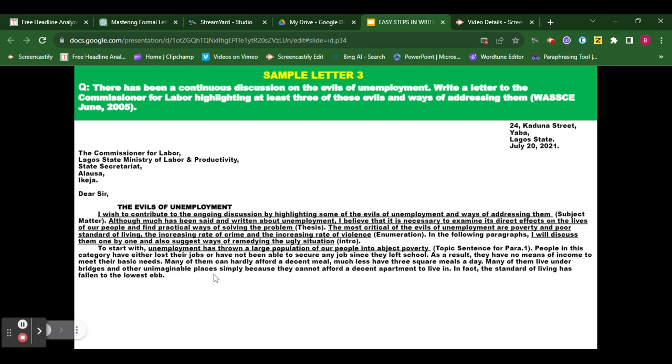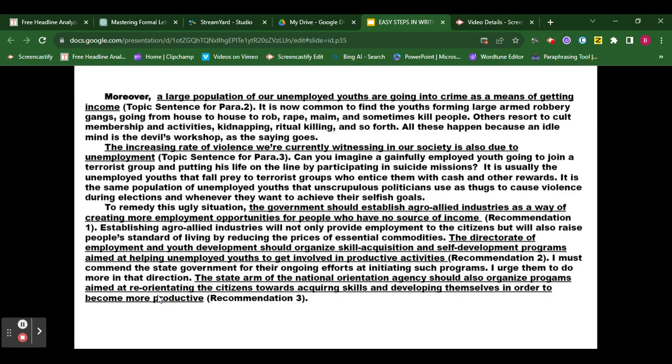Many of them can hardly afford a decent meal, much less have 3 square meals a day. Many of them live under bridges and other unimaginable places simply because they cannot afford a decent apartment to live in. In fact, the standard of living has fallen to the lowest ebb. That is one of the evils of unemployment. Then moving further,